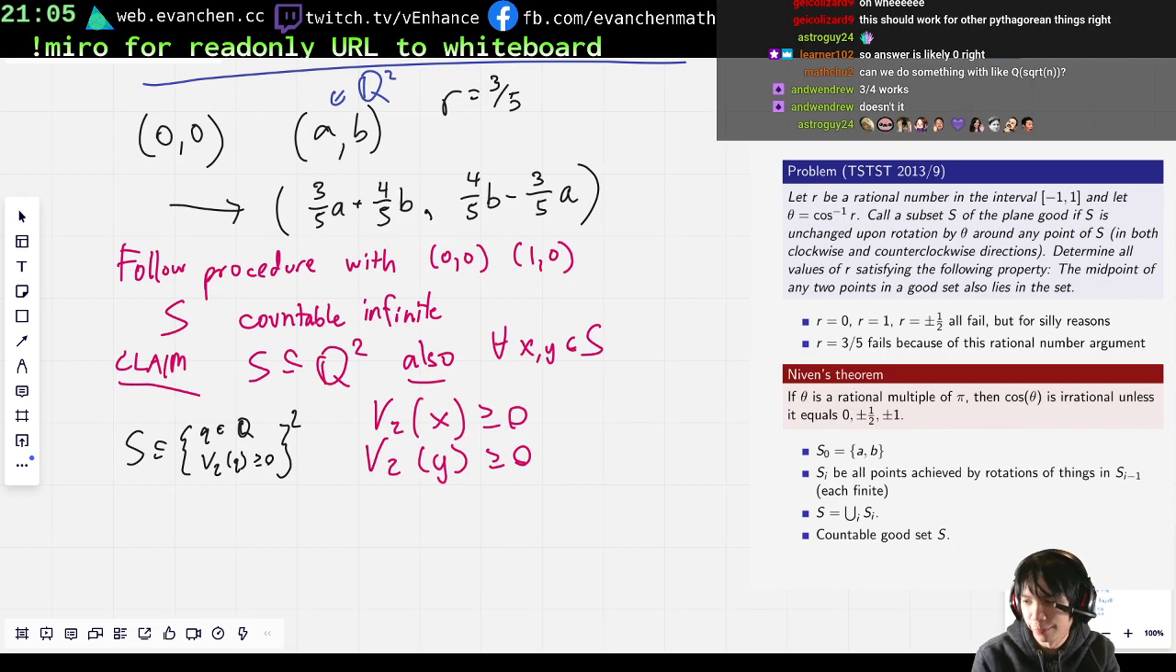I have to say, I am surprised this did something. I was just trying to convince myself that they were good sets that weren't just the whole plane, but